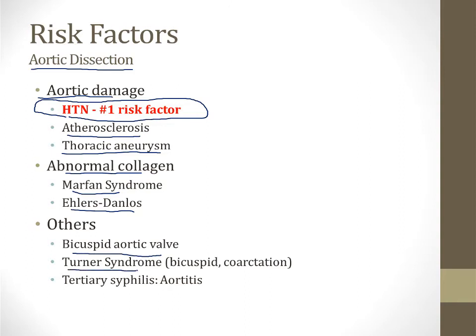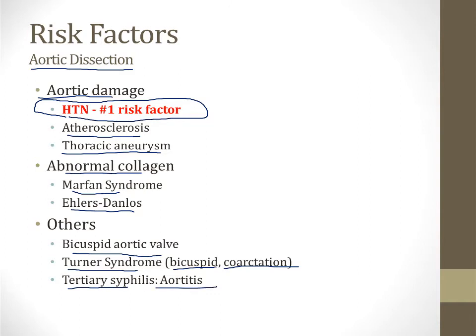Patients with the Turner syndrome often have a bicuspid aortic valve and or a coarctation. For this reason, they often develop aortic dissection. And in fact, that's a common mode of death among people born with the Turner syndrome. And then finally, tertiary syphilis used to be a very common cause of aortic dissection. Tertiary syphilis is very rare in the modern era, but decades ago when it was common, it would lead to